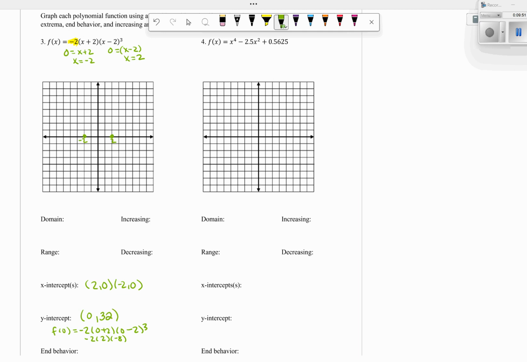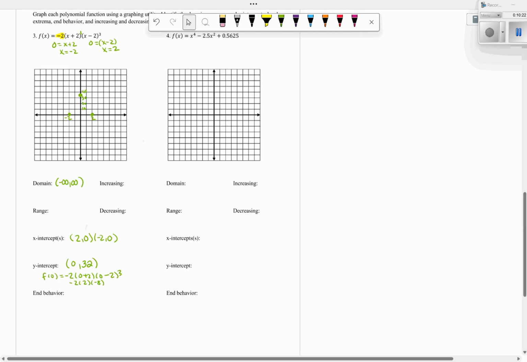So on our graph, let's see if we count by maybe 10. So we'll do this as 10, 20, 30, 40. So 32 would be somewhere in here. I know that this is a polynomial function, so the domain is going to be all real numbers. And not sure about the range because if we look at this and we count our multiplicities we have, this is a degree of 1, so 3, 4. So that means this is a degree of 4,